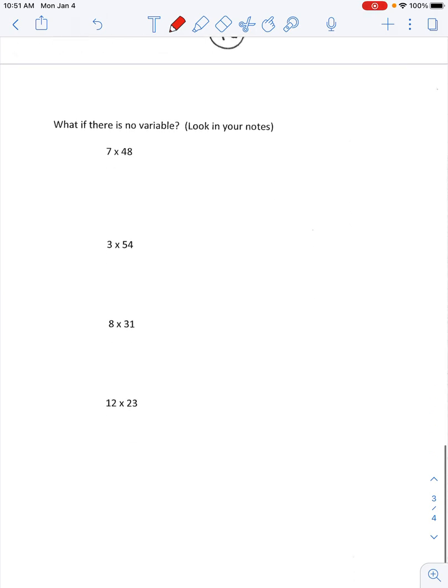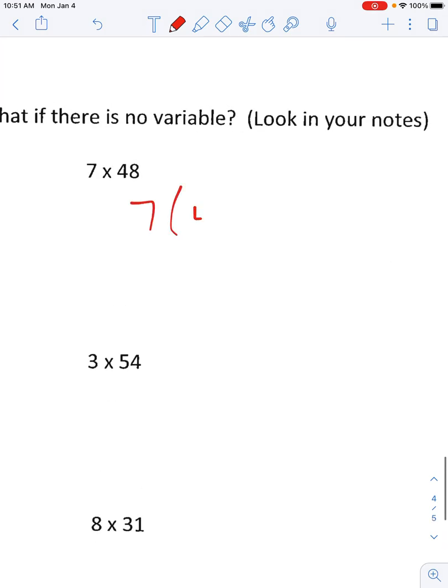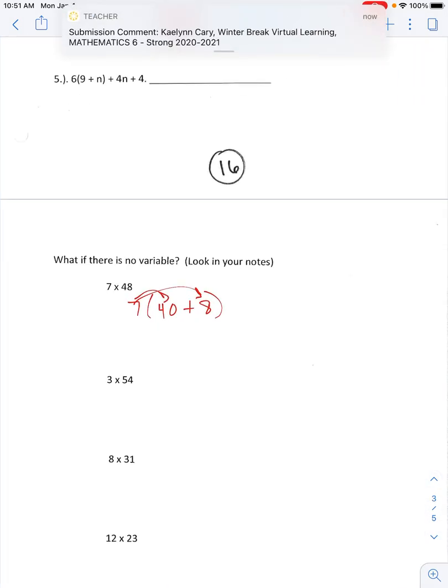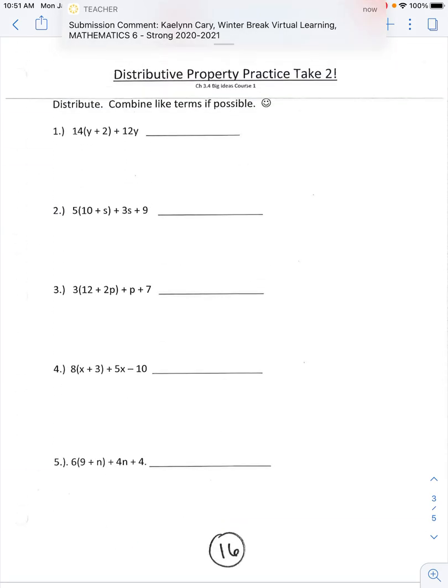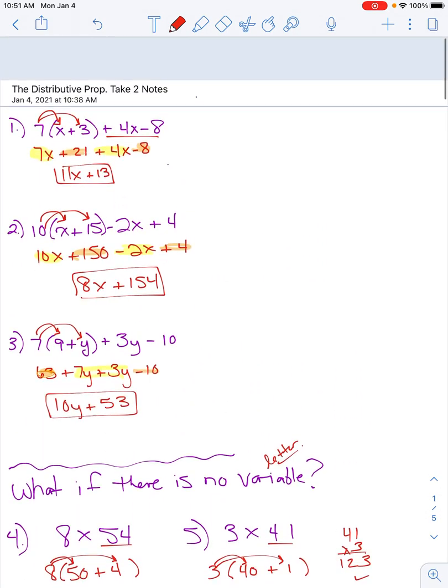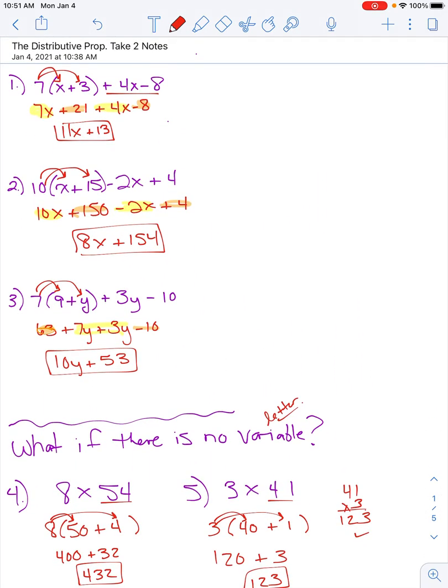And then if you slide down to the second page, there are 4 that we just practiced if there were no variables. Okay, so this would be 7 times 40 plus 8, and now go and distribute and find the answer. Okay, so you need to work on worksheet 16 now that you've had those notes. Okay, and feel free to go back over